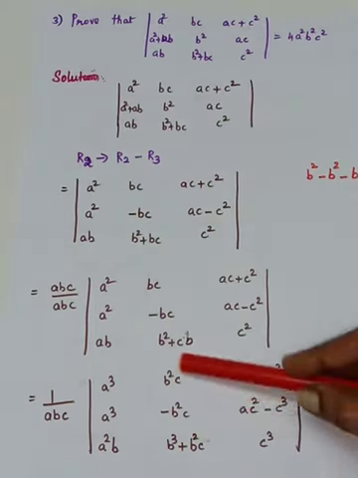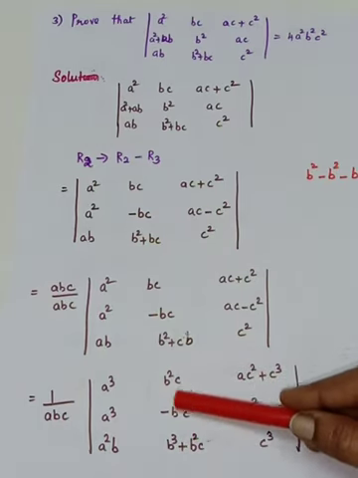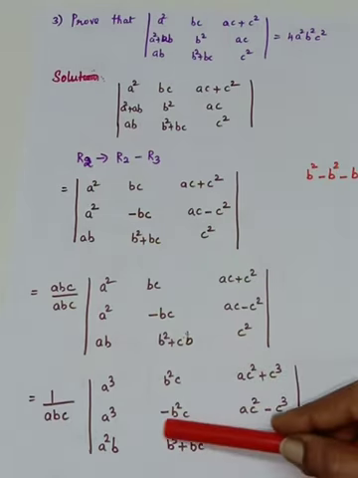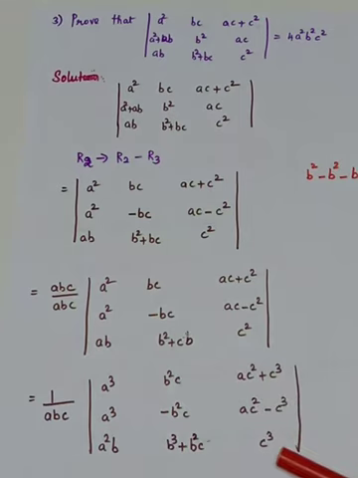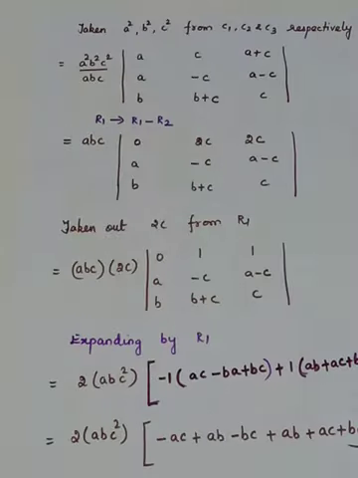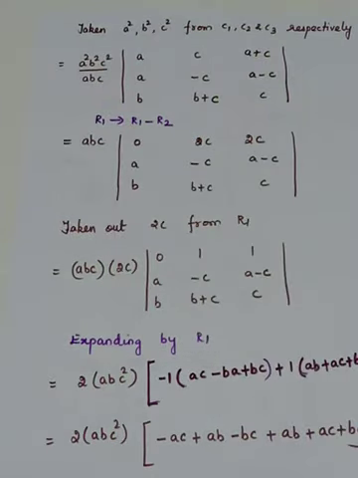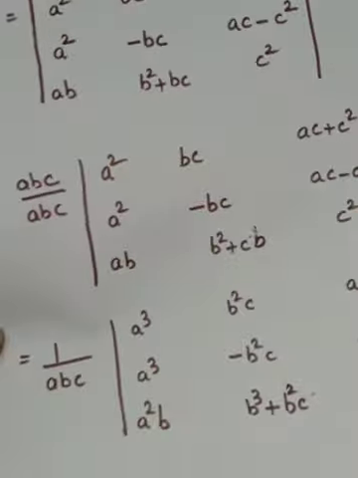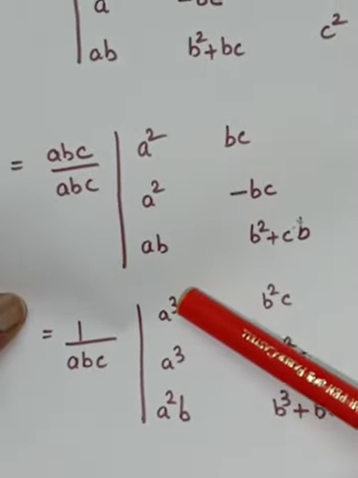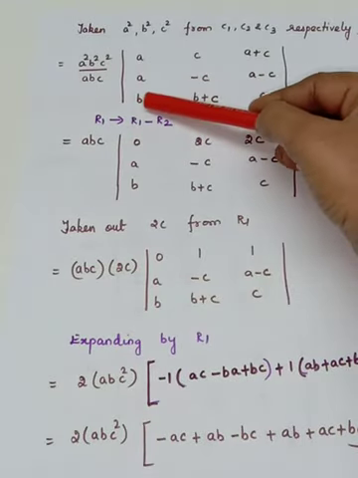And in the same way, you see the entries of C2, what is common? B squared. So from this also we can take B squared. And from column 3, what is common? C squared. So A squared, B squared, C squared has to be taken out from C1, C2, C3 respectively. Okay. So in the denominator you will have A, B, C. So I have taken out, so from column 1, what is taken out? A squared. But what is remaining here? A, here B. So here I have written A, B.